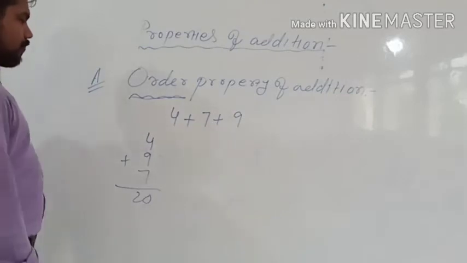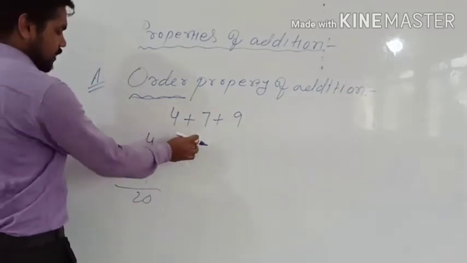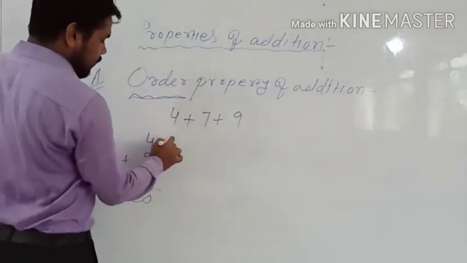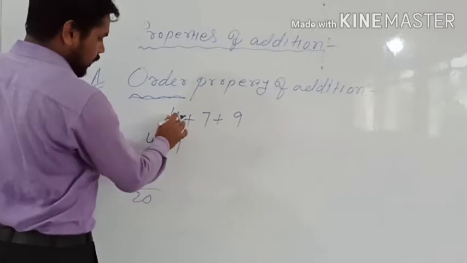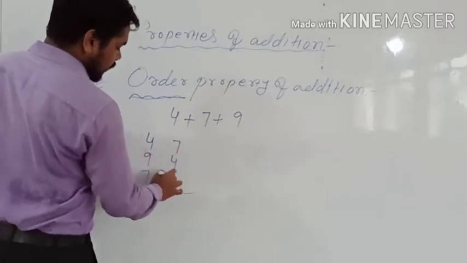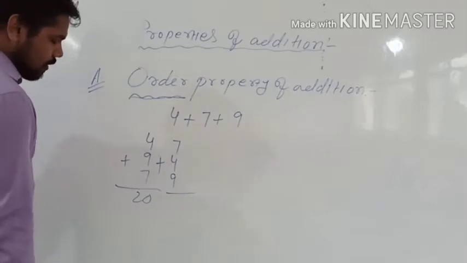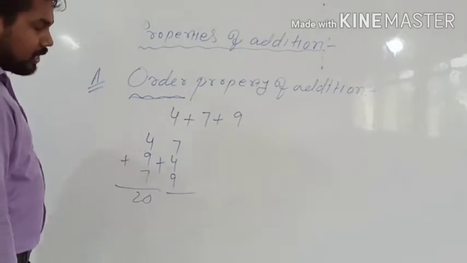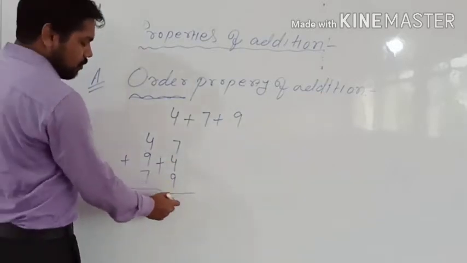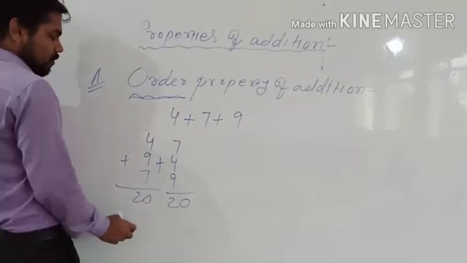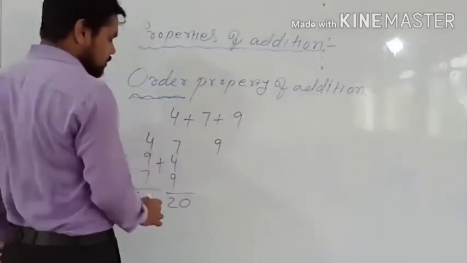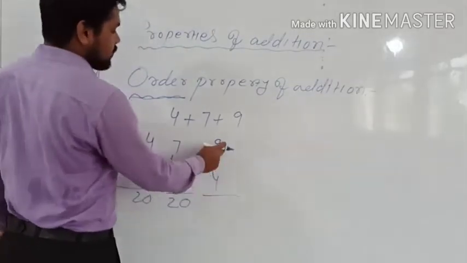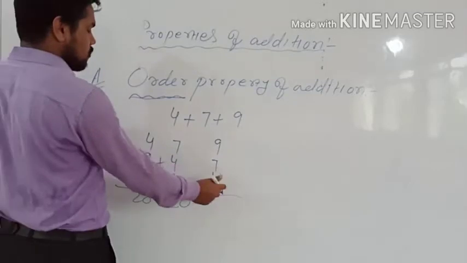Okay. If you have written here 4 first, then 9 and then 7. So if you write 7 first, then 9 or then 4 and then 9, here also you can see the sum will be same, 20 only. 7 plus 4 is how much? 7 plus 4, 11. So 11 plus 9 is equal to 20 only. But if you write first 9, suppose I am writing 9 plus 7 plus 4. So in this case, 9 plus 7 is 16, 16 plus 4 is 20.